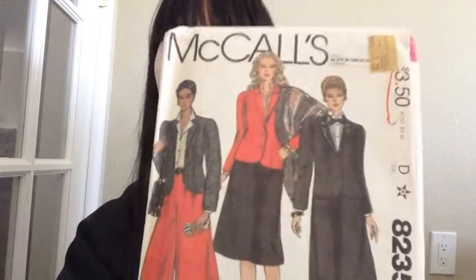And I got this blazer pattern, also because blazers are quite hard to make, let alone draft your own pattern, so I decided why not pick up this. And I think it will be